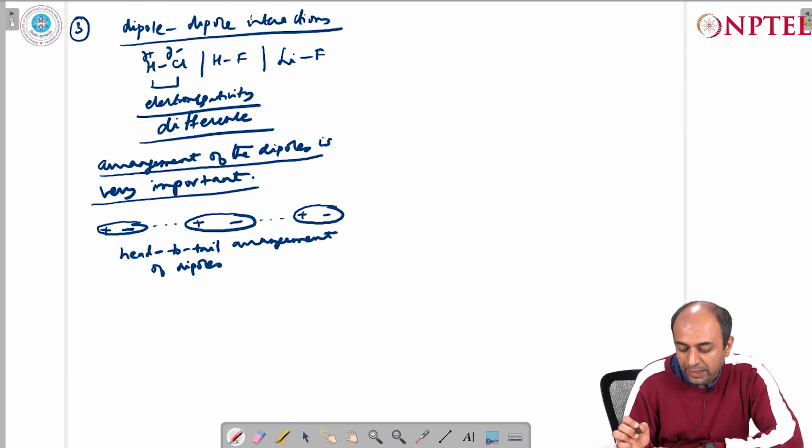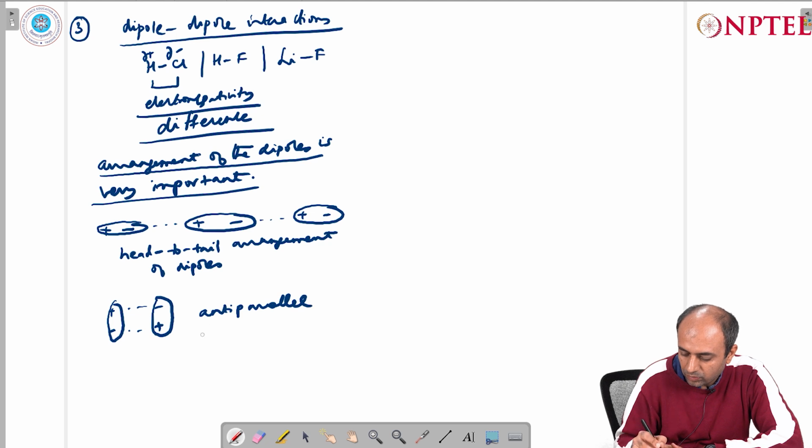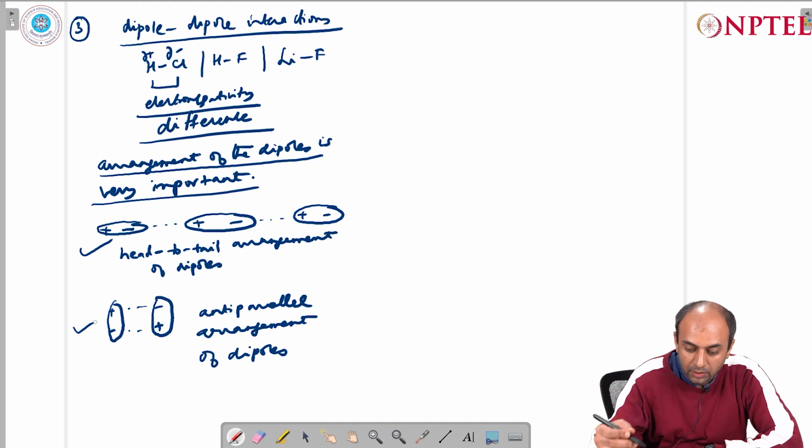This is a parallel arrangement, and similarly you can also have anti-parallel arrangement of dipoles. Okay, so you can have parallel arrangement, you can have anti-parallel arrangement of dipoles. For example, we can take more examples as well. You can have, for example,